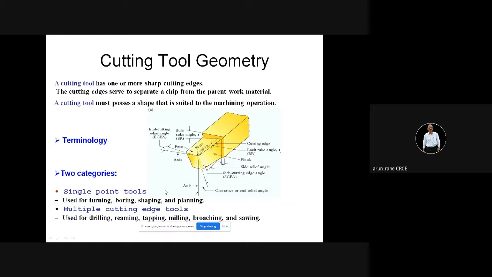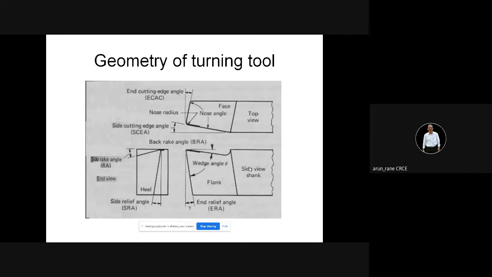Okay. Then side cutting edge angle, that is this, which will be seen in the top view. Then end cutting edge angle, that is this end cutting edge angle. Then you have end relief, and you have side relief. So altogether 6 angles you have to show. Then only you get full marks. So you can remember this diagram, or you can learn this diagram.